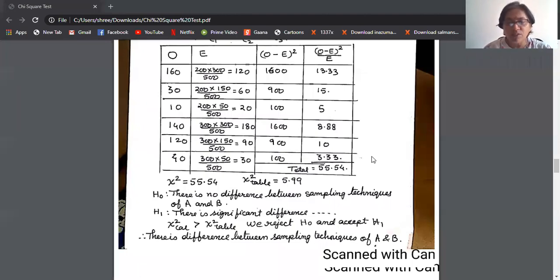I'll just wait for you to copy this down or take a photograph, and then we go ahead. Till now, if you have any doubt, please let me know. We have done 2 examples. If any doubt is there, I will unmute you and you can ask me if at all you have any doubts.